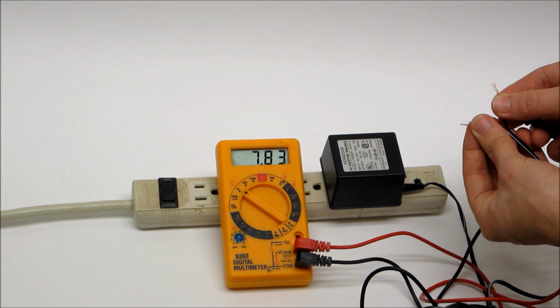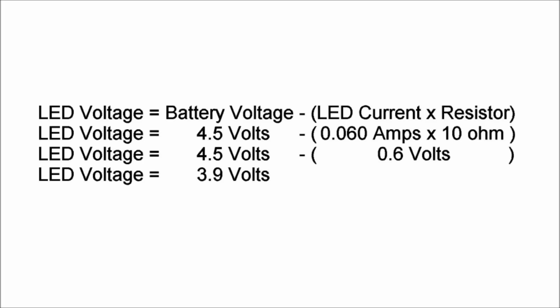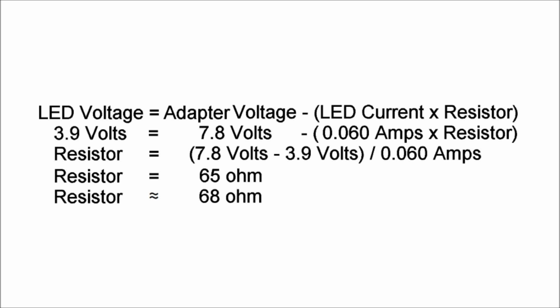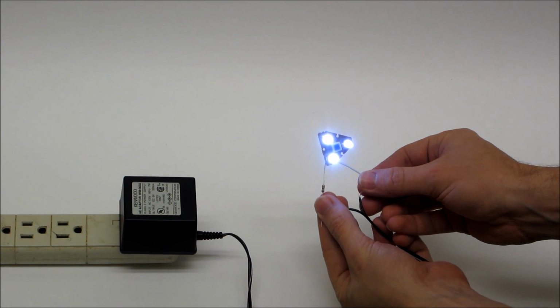Unfortunately, I measured that the output voltage of the adapter was about 7.8 volts, and I calculated that the LEDs are only designed to work with about 3.9 volts. So I needed to add a resistor. After a few more calculations, I determined that a 68 ohm resistor would be enough to make the LEDs work